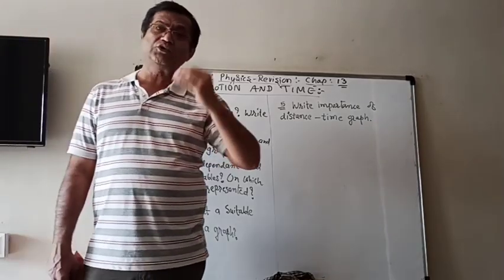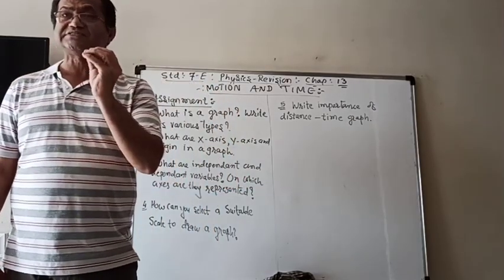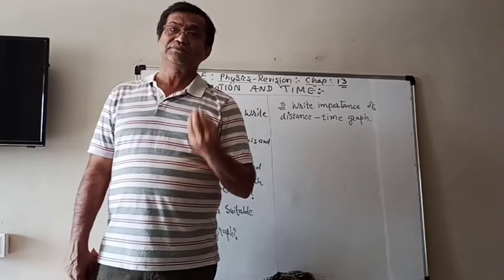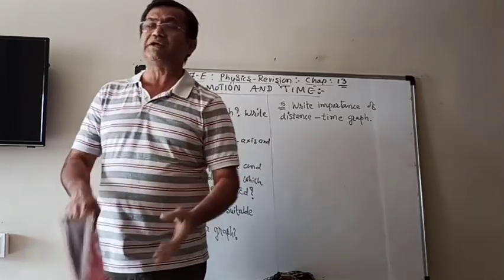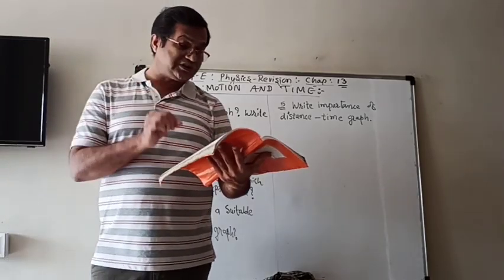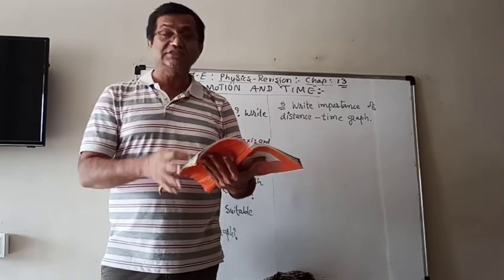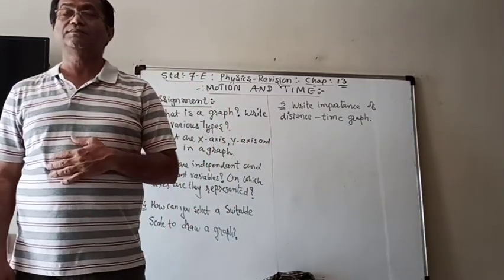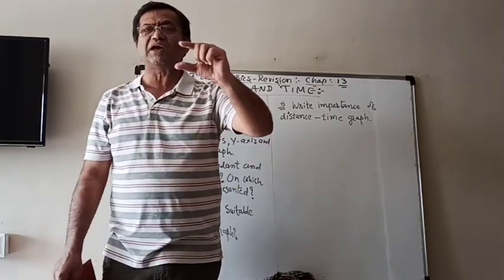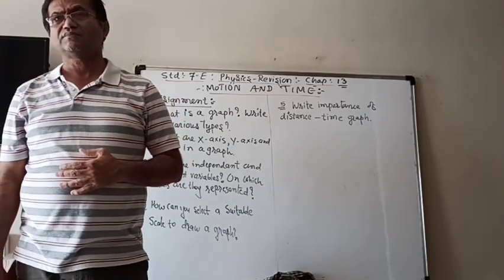And then if you want to know the value at the intermediate points, then the scale should be such that we can easily find out the value at those intermediate points also. And the third thing required is to utilize the maximum part of the paper on which the graph is to be drawn. If the graph is bigger and you choose a small scale, then within half a page your graph will be finished.